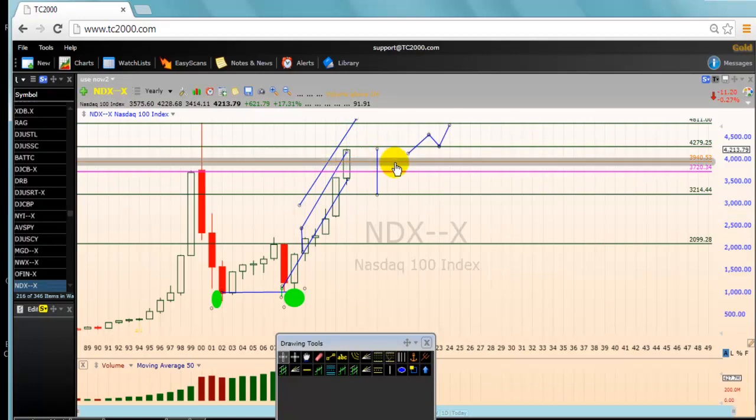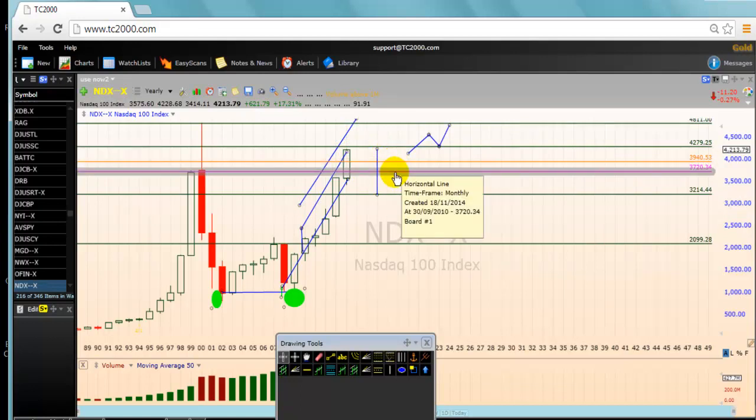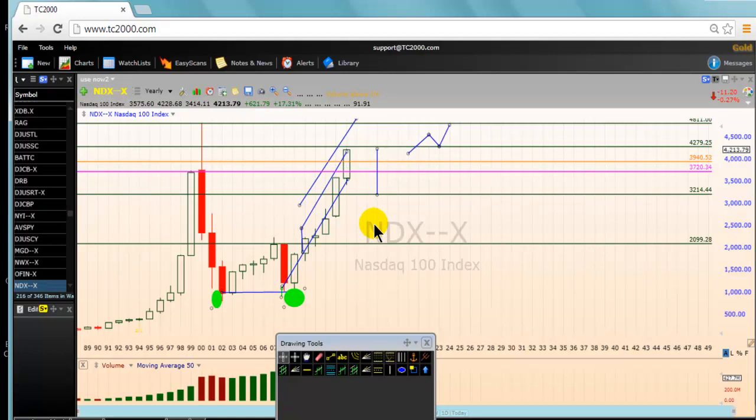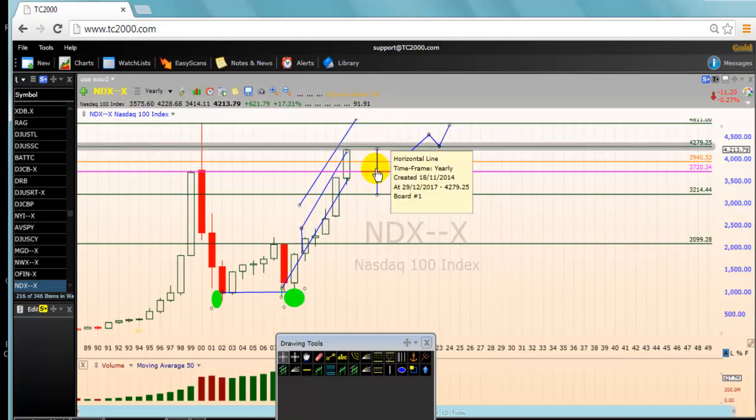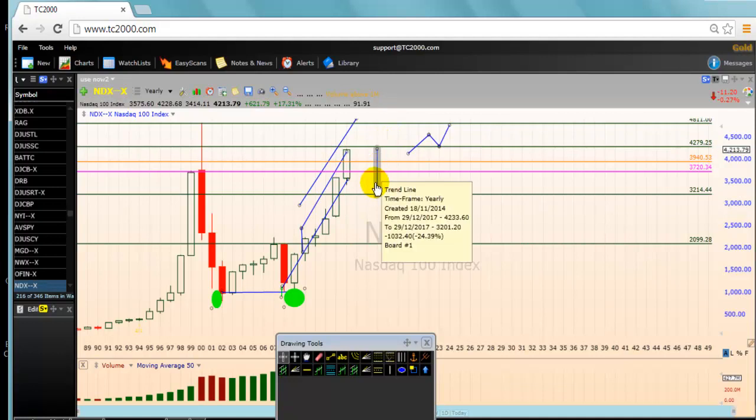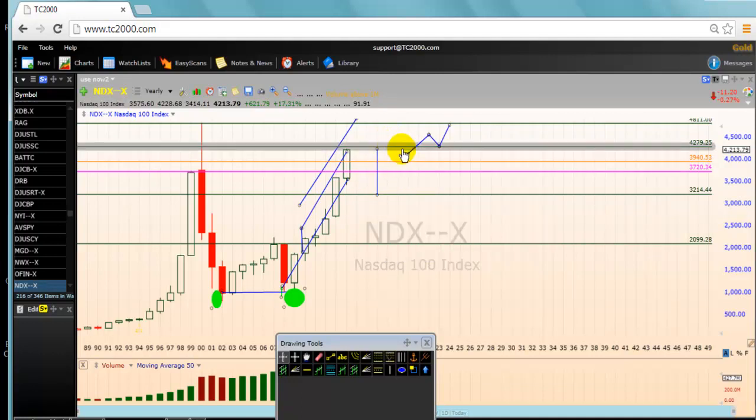I will talk about the orange line and the pink line soon. What is happening, you will see soon. Because if the small money wants to buy, they want to buy at a low risk entry point where there is a value. They don't chase it. All right. So there is a resistance here. Now, if it goes above that resistance of 4279, the next target is somewhere up here.